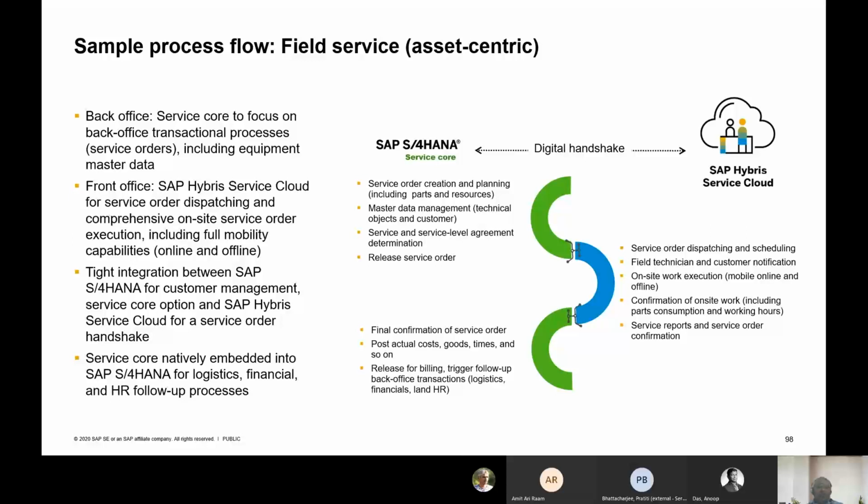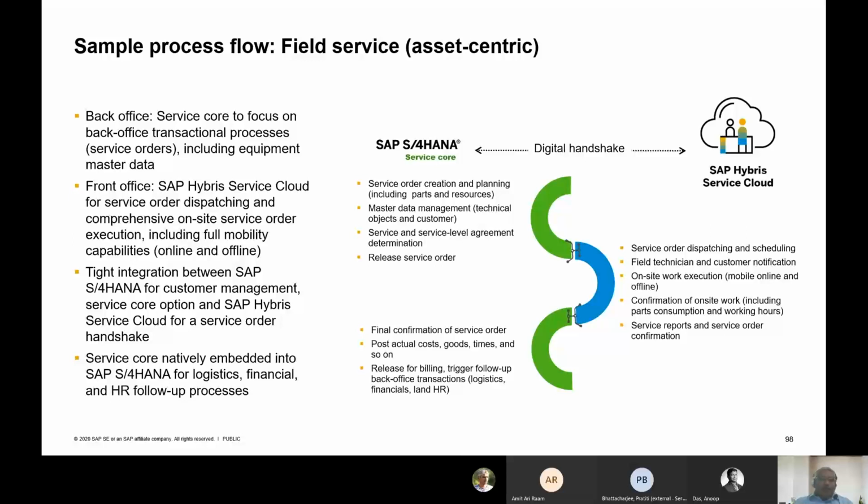In the service order, we'll get those confirmations and the actual cost postings. So this allows you to have a tight integration between SAP S/4HANA customer management systems and your Hybris service cloud, or any other system for which an interface has to be built. The functionality is now enabled to have a tight integration between the service core and the Hybris service cloud.